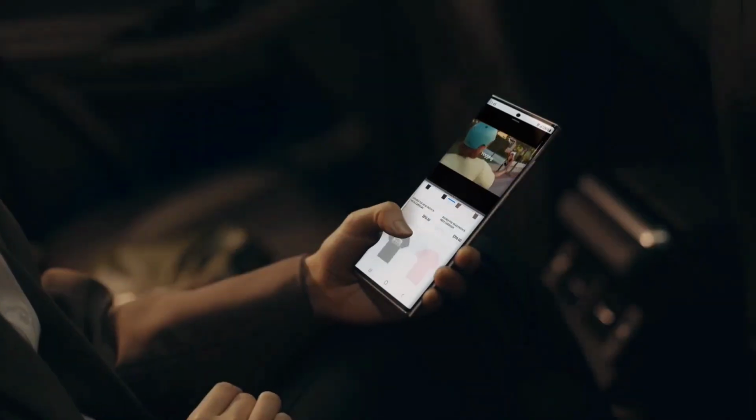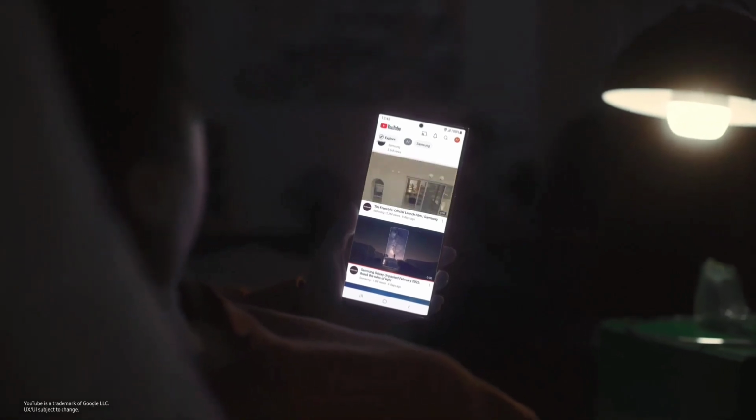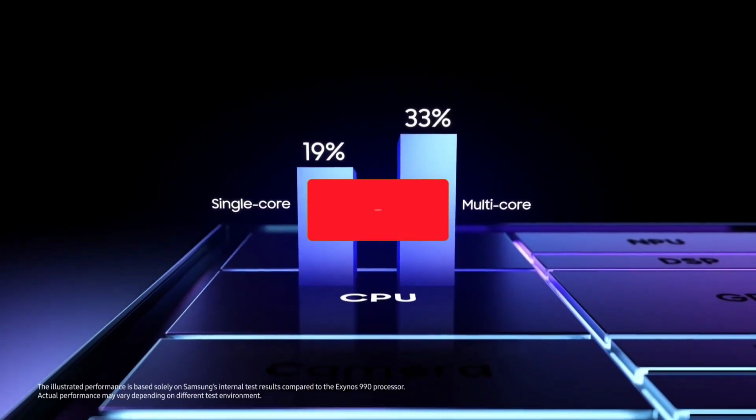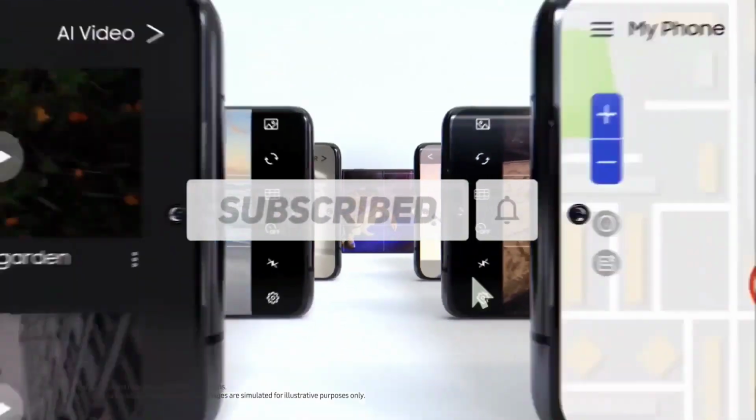And we do know it could be built on Samsung's new 3nm GAA technology, which could significantly improve the performance and power efficiency. Anyway, we're going to get more information soon,